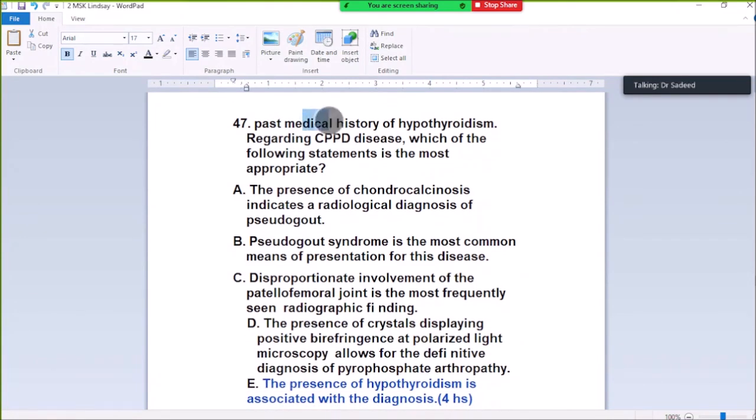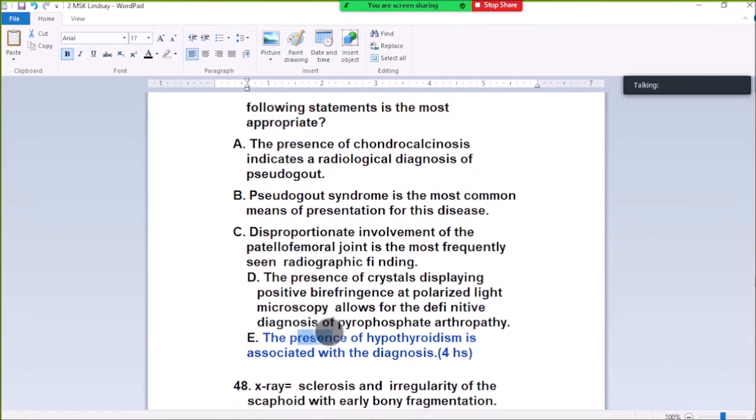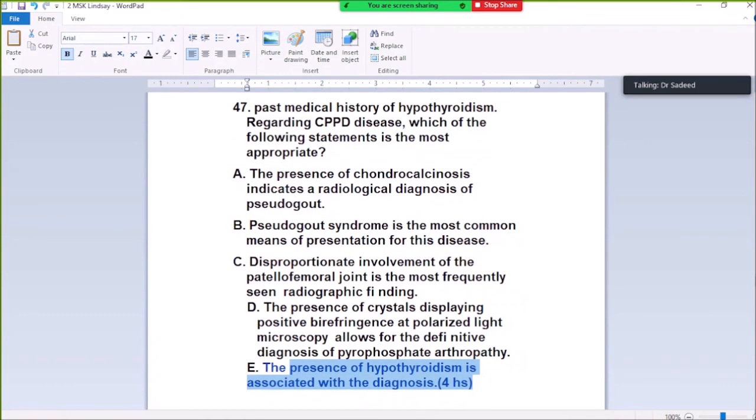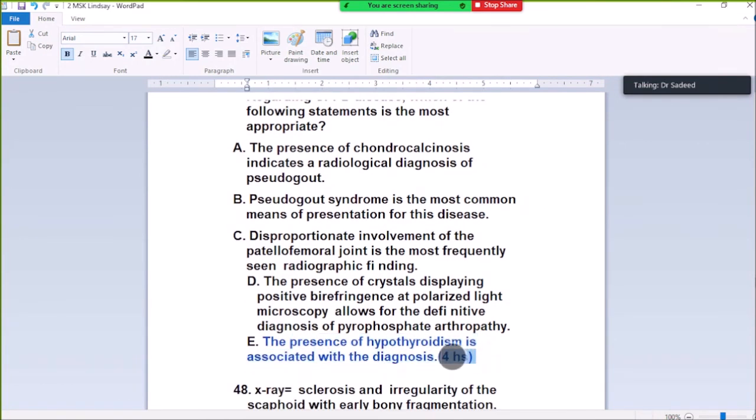47. Past history of hypothyroidism regarding CPP disease, calcium pyrophosphate deposition disease. Which of the following treatments is the most appropriate? The presence of hypothyroidism is associated with this diagnosis. Hypothyroidism is associated with CPP disease, calcium pyrophosphate. CPP disease is associated with 4 H's: hemochromatosis, hypothyroidism,